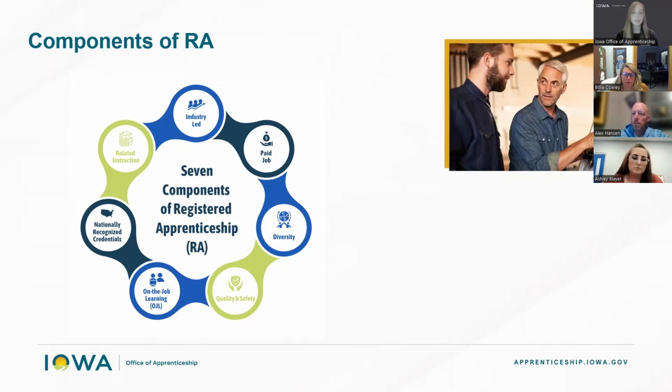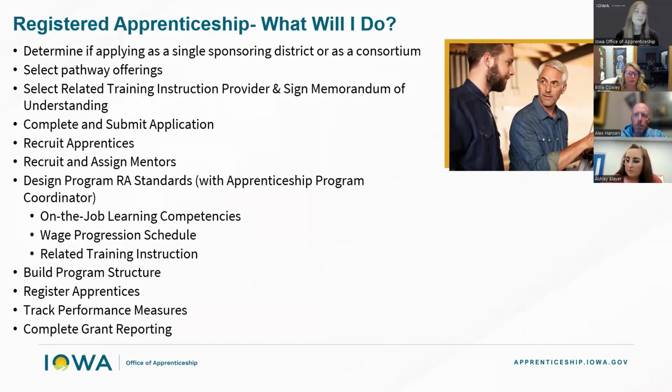It's a really great way to upskill your current workforce. For this program, you're upskilling your paraeducators with the goal of becoming licensed teachers. A common question that we get for TPRA is, okay, love this program, sounds great. What exactly will I do? From a district standpoint, if you apply and you're awarded grant funds, to give you an idea of what your TPRA program could look like,